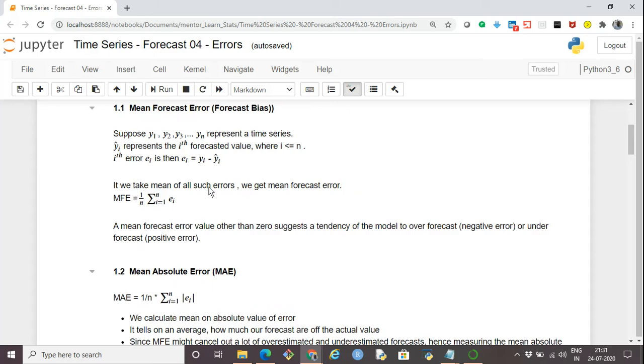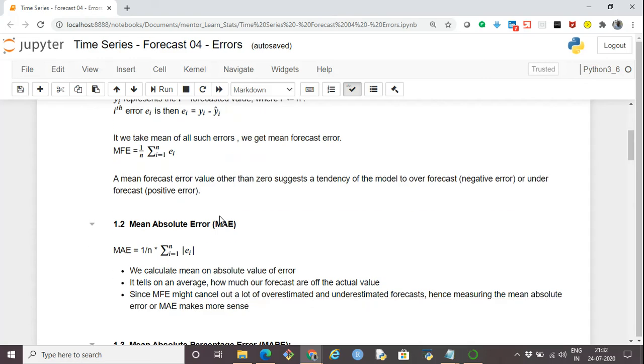It will be negative only if our forecasted value is greater than the actual value. It means we are over forecasting. And if we are under forecasting, then obviously yi hat will be smaller than yi, and it will be a positive error.